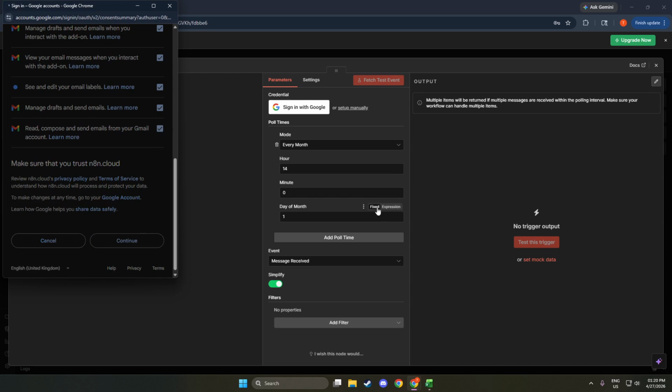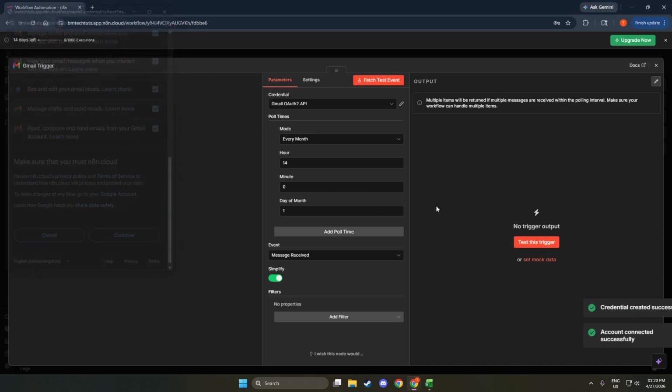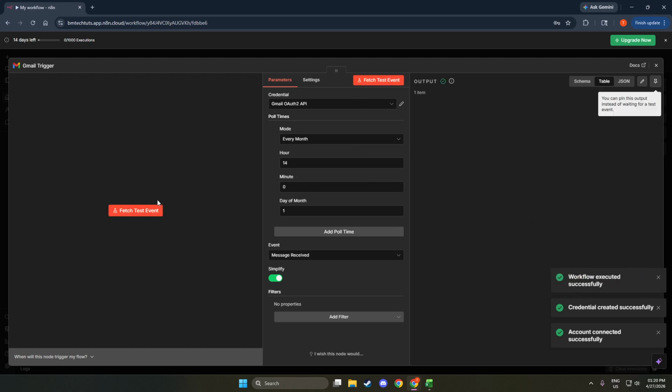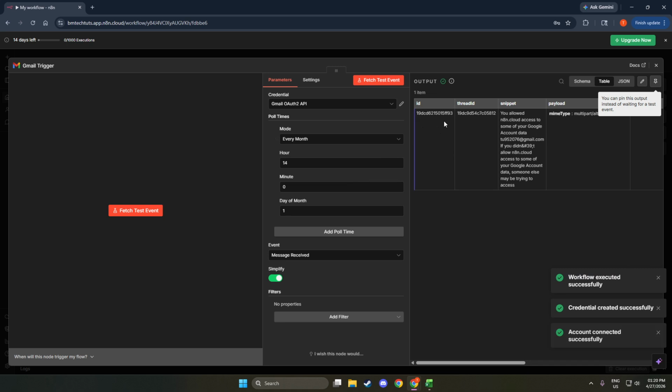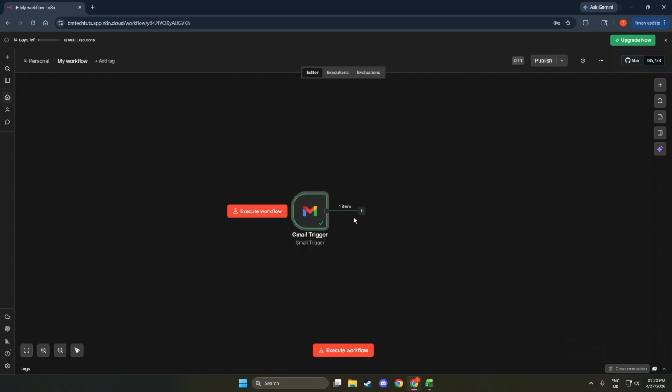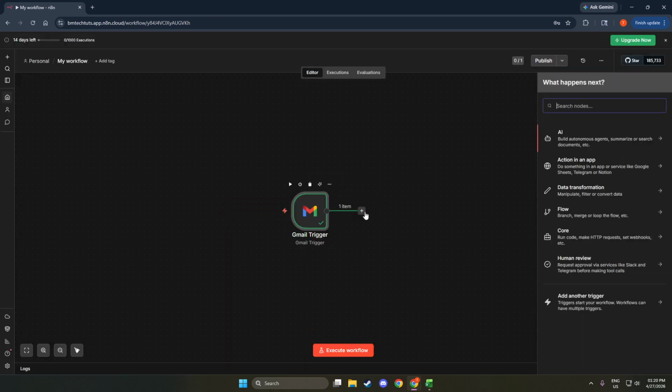Next, sign in to your Gmail account in the Google window that pops up. If you use multiple Google accounts, make sure you select the one you want to connect to N8N. If a pop-up blocker prevents the window from opening, allow pop-ups temporarily and try again. Some workplaces also require admin approval for new app connections, so if you see a warning, you might need to